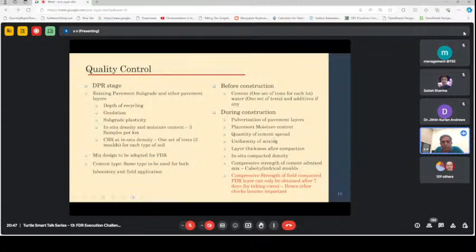Now, the problem here is that why all these things that can be done in situ, at the time of construction, become very critical, is that the monitoring criteria, which is the compressive strength, can only be obtained after 7 days of curing, which means that the work has already been completed. And now if the work is not done properly, then you are not going to meet the specific strength requirements, which means that all these tests that are being done